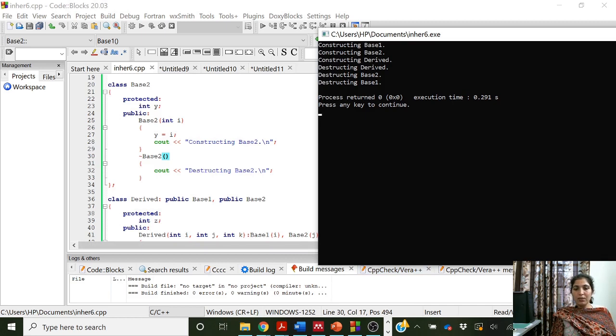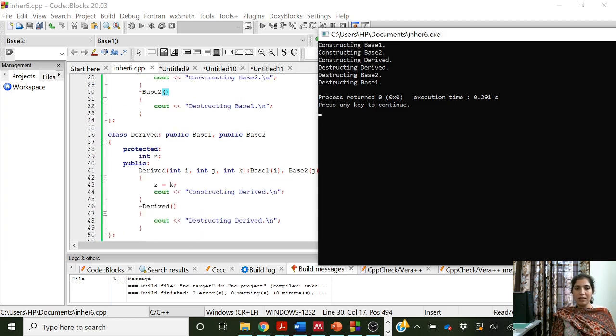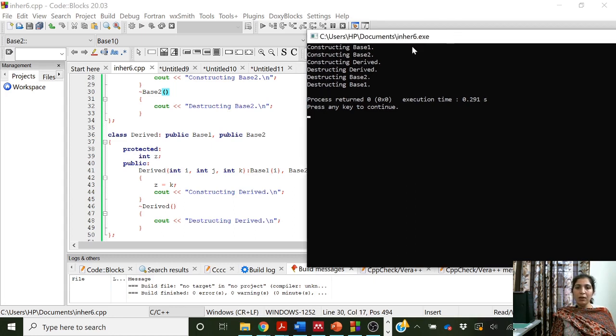Then base 2 constructor will be called, it will initialize the value of y to j, and after execution it will return here. And when both the constructors have been executed, the derived class constructor will be executed. So z will be equal to k, and when the program is stopping, then the destructors will be executed in the reverse order. So destructing derived, destructing base 2, then destructing base 1.